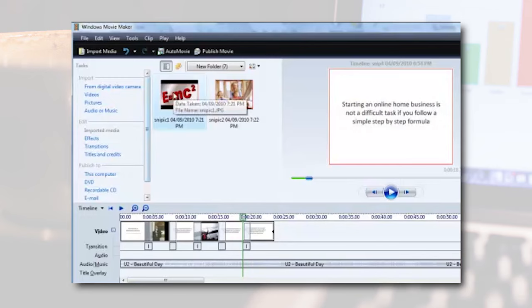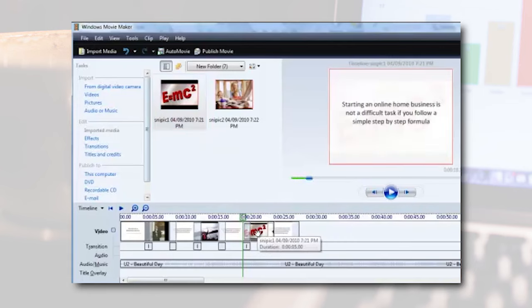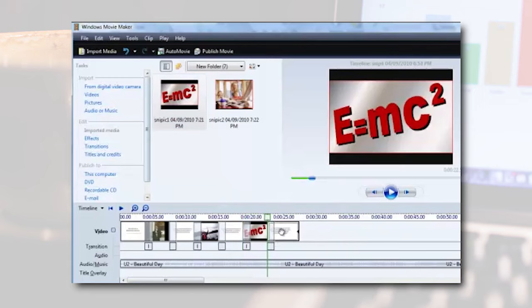So I actually went and found this picture. All I did was look up formula, or simple formula, on Google, and I found this picture of E equals MC squared. Everybody kind of knows what that is. Picture of a formula. Alright, and then for the next part of the video,